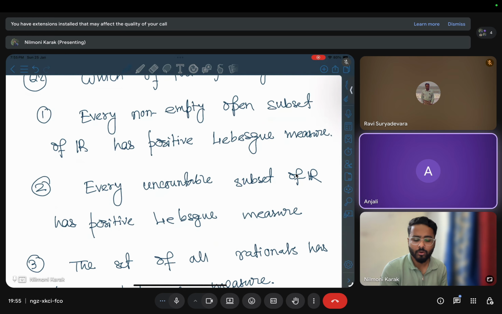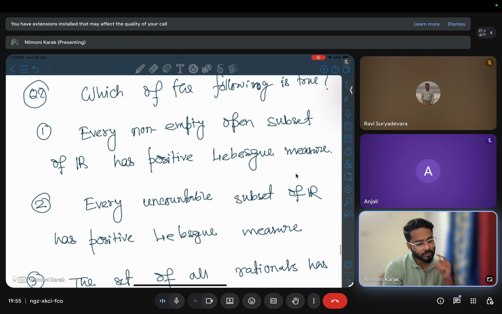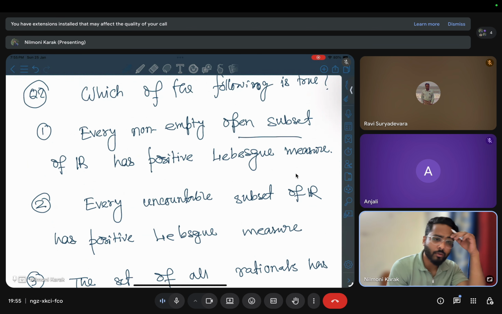No, sir. Okay, actually Lebesgue measure is nothing but length, with certain properties. In R I am saying the length, and in Rn it is volume. Okay, so for the first problem, this is an open subset. Any open subset of R